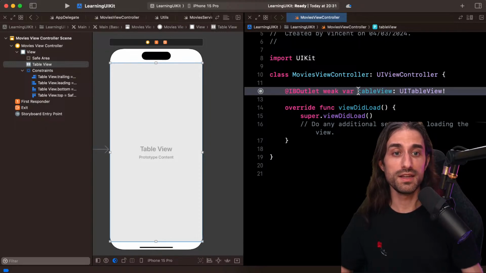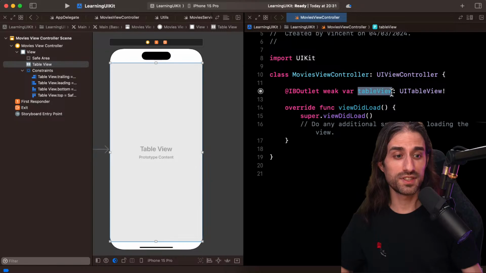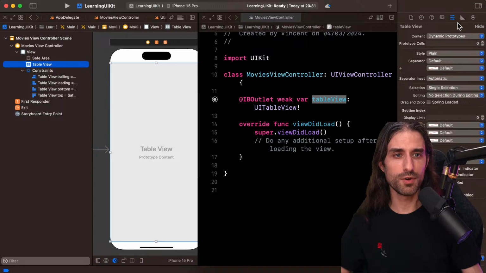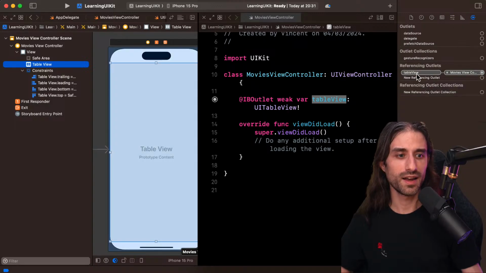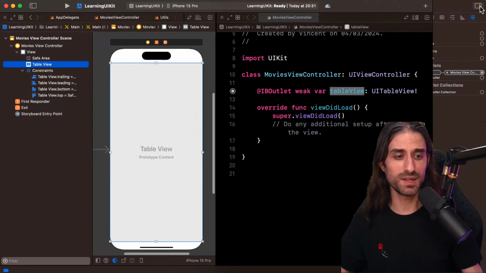Be careful: if you were to rename this property without also making the change in the storyboard to say that here it's a different property, you would get a crash at runtime. So that's also one of the reasons why storyboards can be really tricky, because of their very dynamic nature.